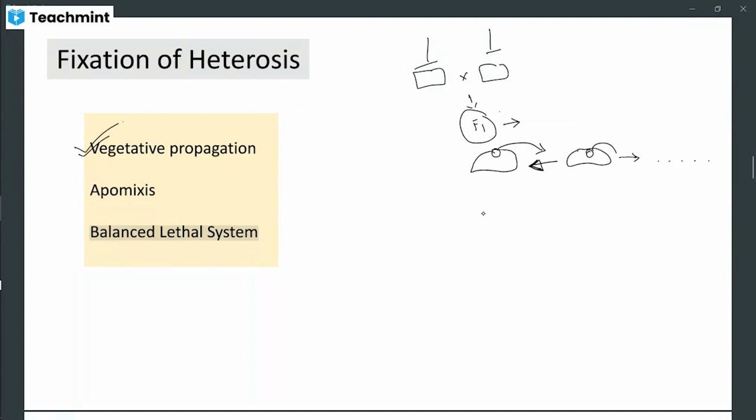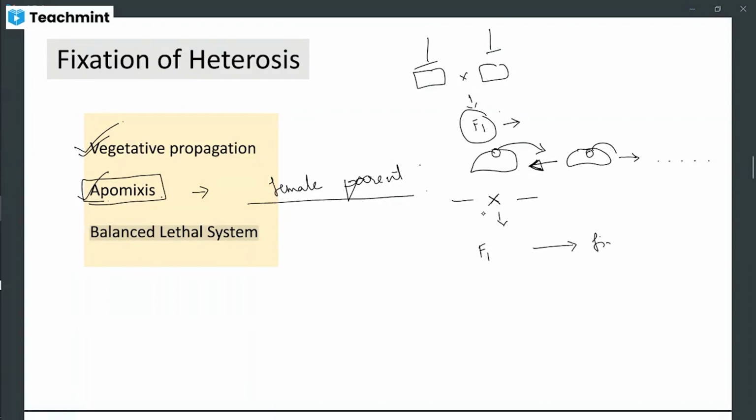So that is one mechanism, and the second mechanism is apomixis. Which means even in this case, the progeny is similar to your female parent. So if you have two apomictic plants and you are able to successfully cross between them, if you generate the F1 with the help of the apomixis mechanism, you can fix the heterosis. And the third system is the balanced lethal system,